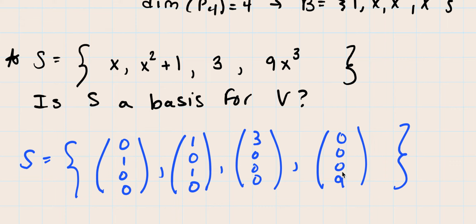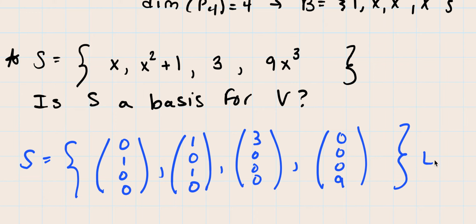Now looking at these vectors, can you tell they're linearly independent? Well, again, you can't get this 9 from any of these because I don't have a 1 in any of these entries. So that means I can't get this vector from these 3. Can I get this one from these 3? Well, this one has a 0, this one has a 0. This one has a 1, so I could multiply this by 3, but if I do that, I'll get a 3 here, and there's no way to get rid of that 3. So I can't get this vector from these. I can't get this one from any of these, and I can't get this one from any of them,